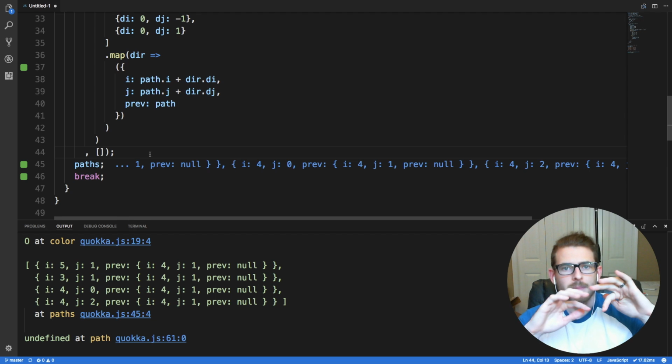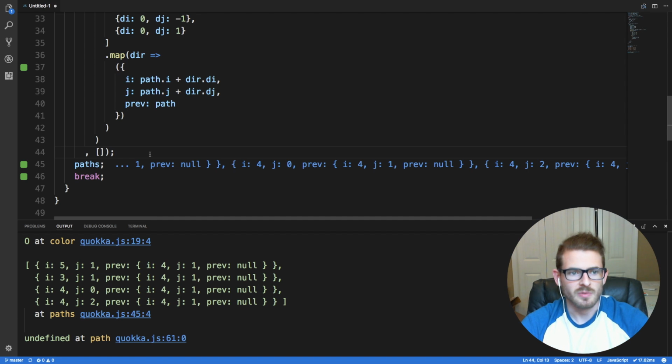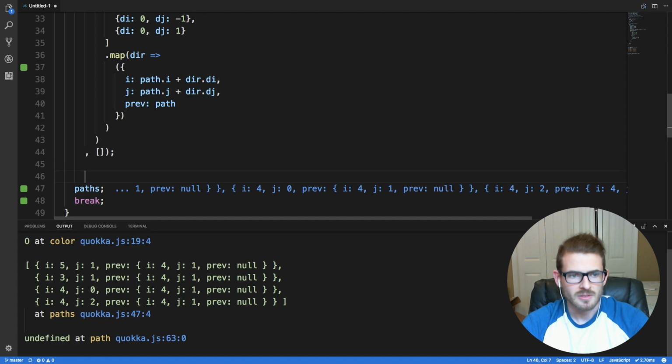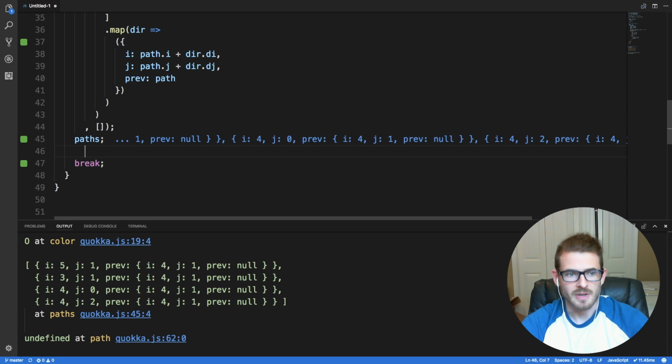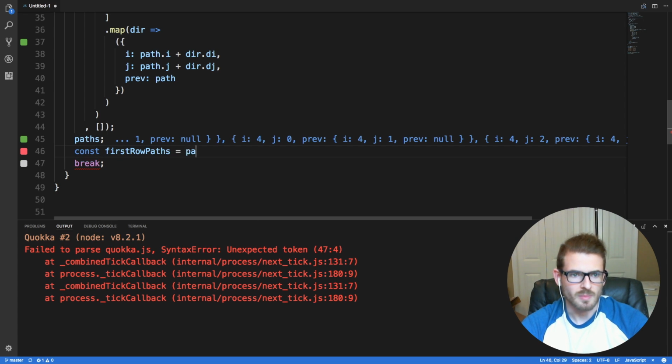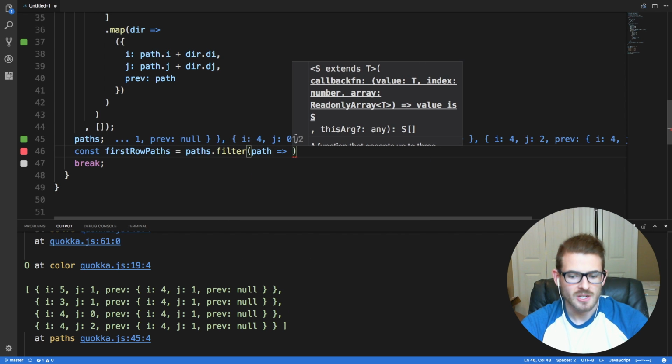And then that keeps on happening where we just take a spot, add the 4 to the end, take a spot, add the 4 to the end, and we just keep on looping that until we find our very end case, which again, if we reach the top row, we can just go ahead and return our end. So I'll say const firstRowPaths is equal to paths.filter, and we want the paths which match